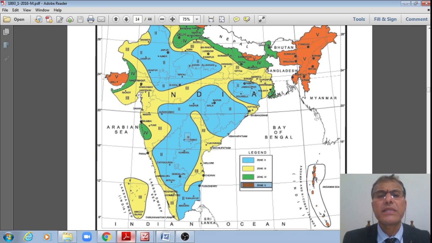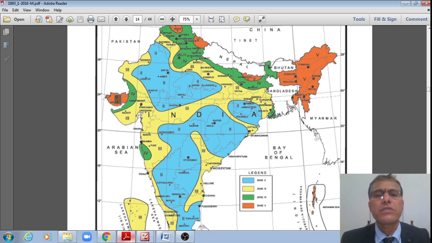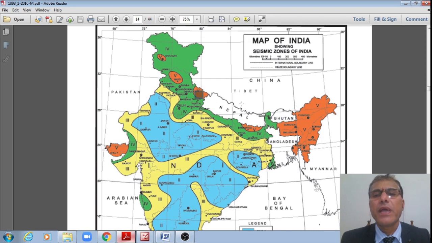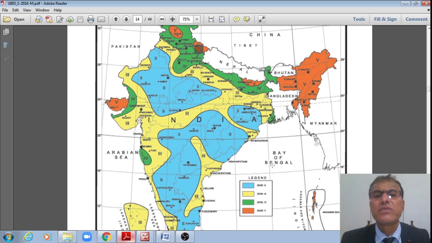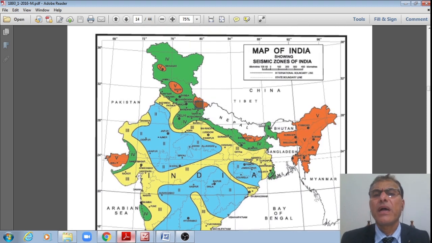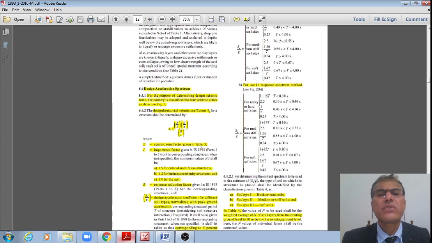Like this, for example, Hyderabad is in seismic zone 2, whereas red means, if I go to Imphal, or Itanagar here, or even the Bhuj earthquake we had in Kutch, Gujarat, or even a few parts very near this Himalayan region, they are coming under zone 5. That is how the entire India is having the different zones 2, 3, 4, 5, 4 zones as shown in this figure.